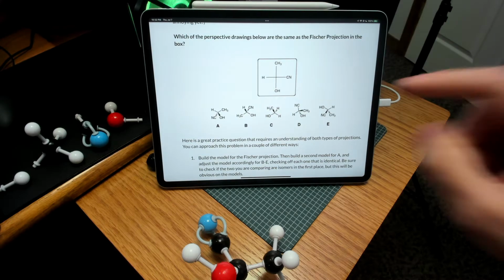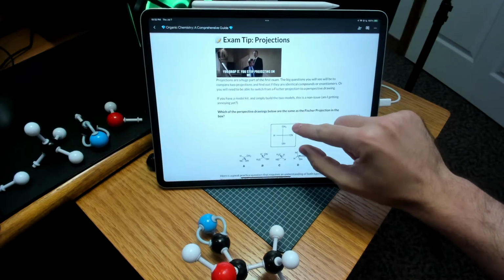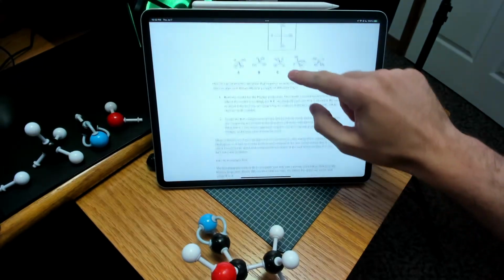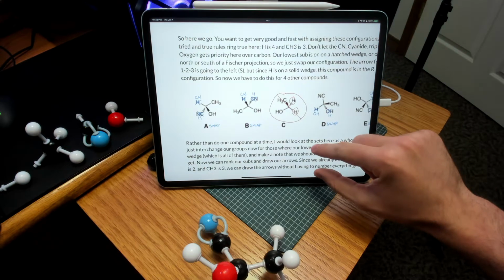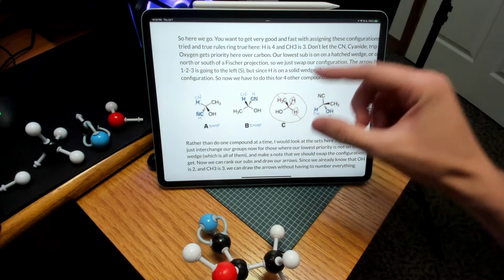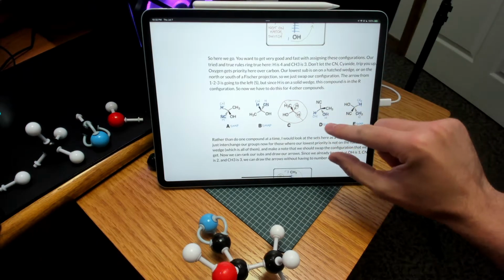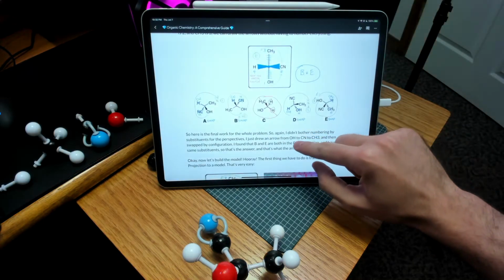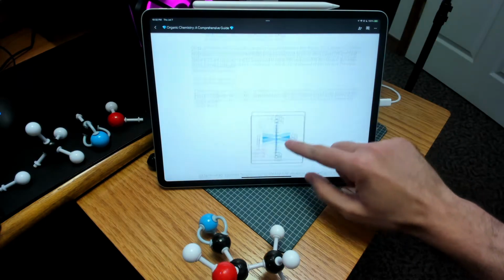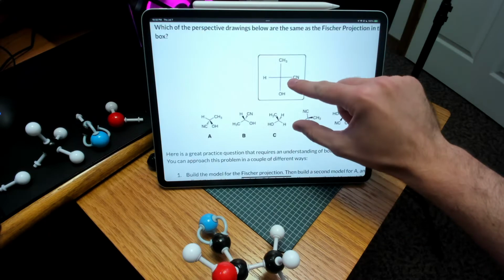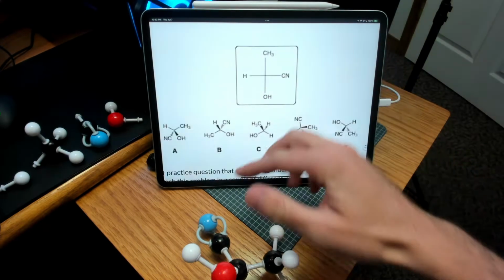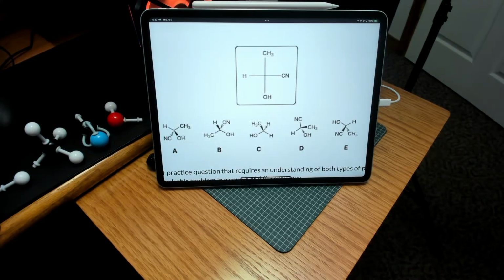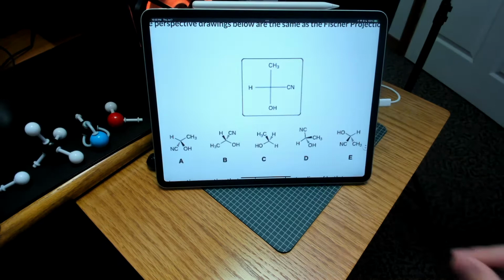projection, okay? Now, in my guide here, I did go through how to do this on paper in terms of using the RNS system, interchanging substituents as needed, and going from there to find out the answer. But I want to show you how quick, easy, and dare I say fun it is to actually use the model kit for this. All right, the first thing you want to do is actually build the Fischer projection for